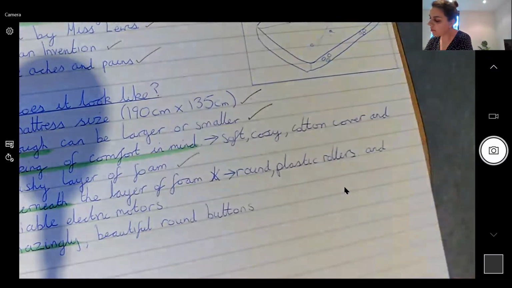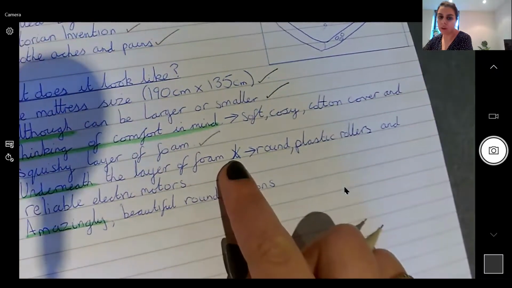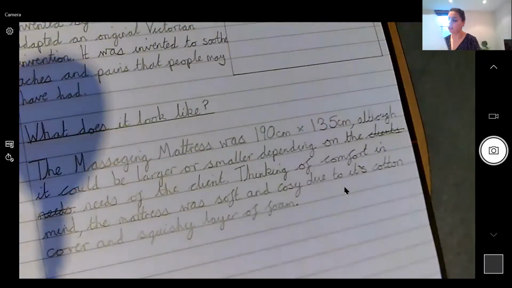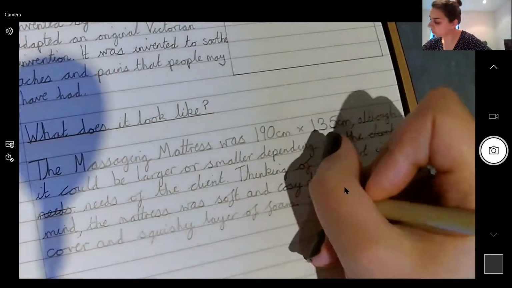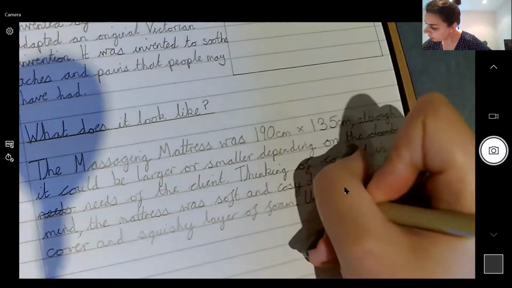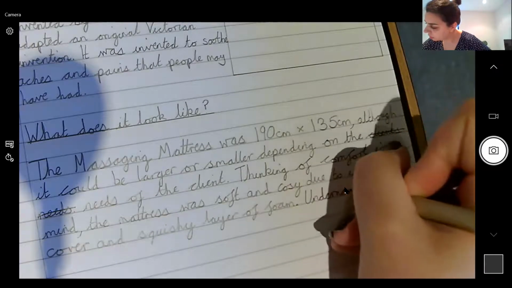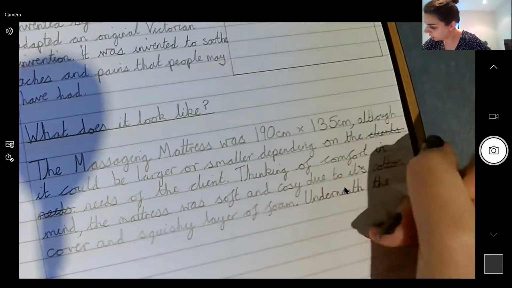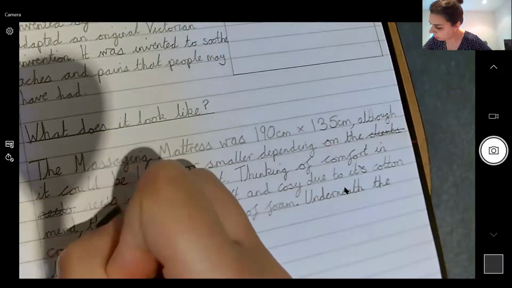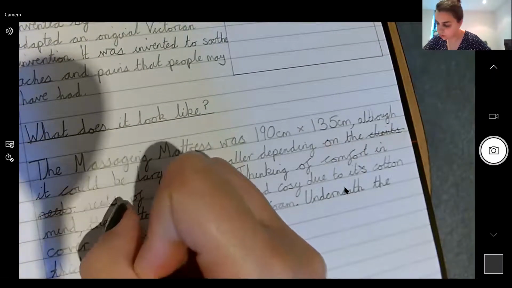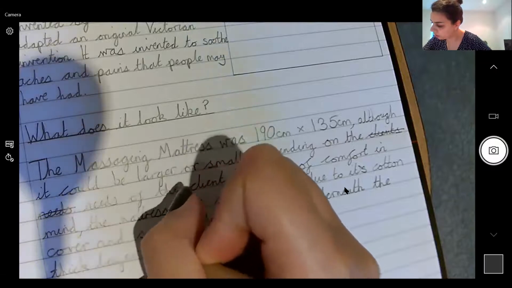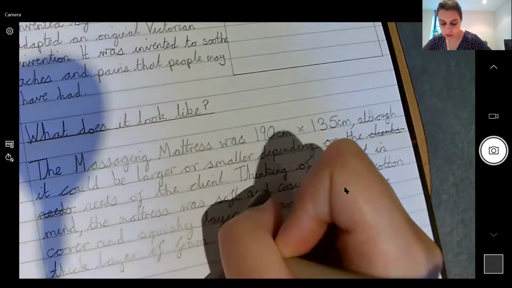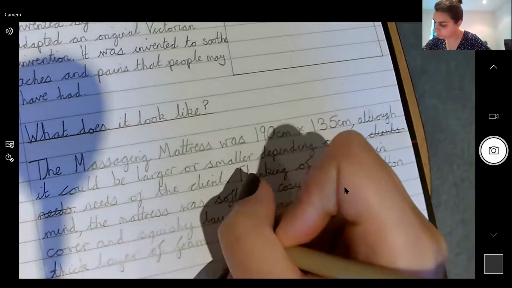I've done that sentence there. Underneath the layer of foam, round plastic rollers and reliable electric motors. So I'm now going to write that down. Underneath, my sentence opener that I highlighted in green, I'm going to write thick layer of foam just to make it better. So you can always add some words in if you want to as you're writing it. The plan is just there to give you some guidance. Underneath a thick layer of foam